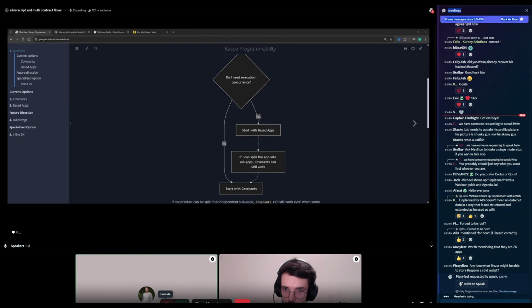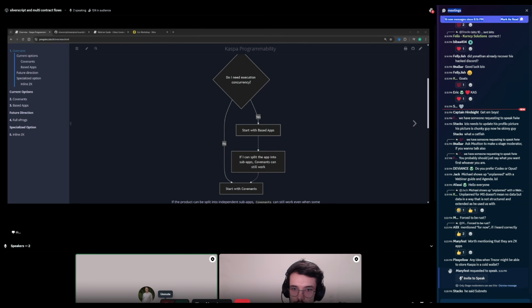It's one application in a sense. It's a based app that follows transactions on L1, which have a specific payload and a specific subnet. And it executes all these transactions off chain and then reports back to L1 with a ZK proof. So a based app is always coupled with ZK technology.